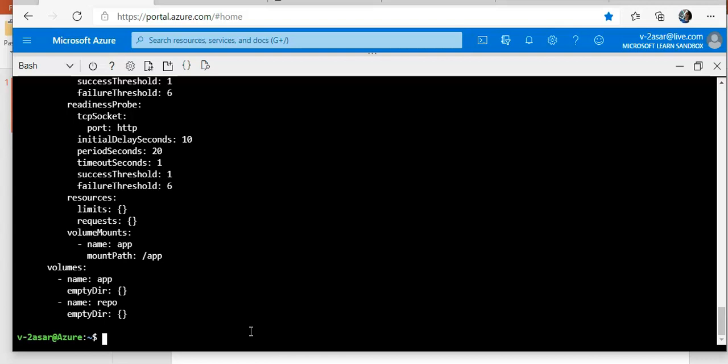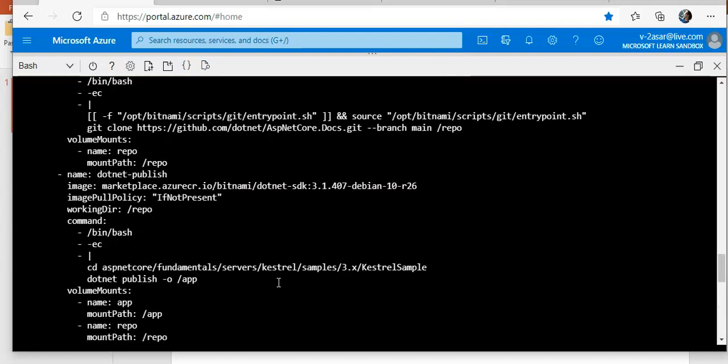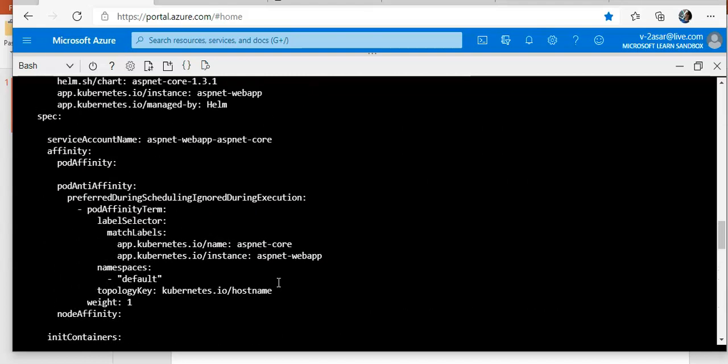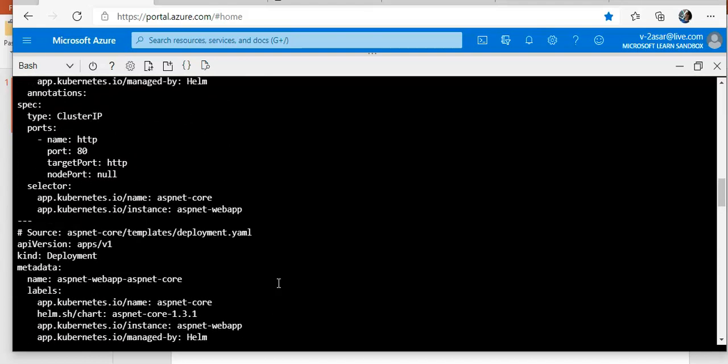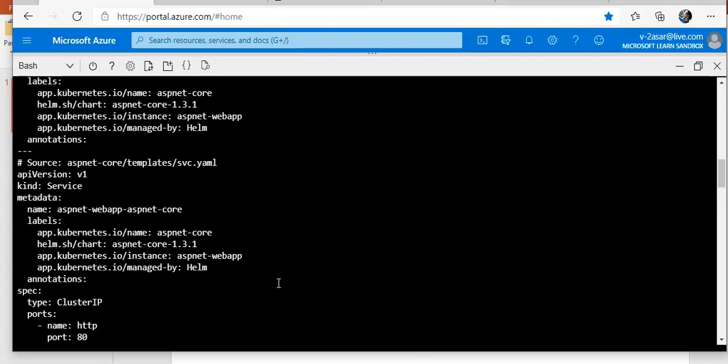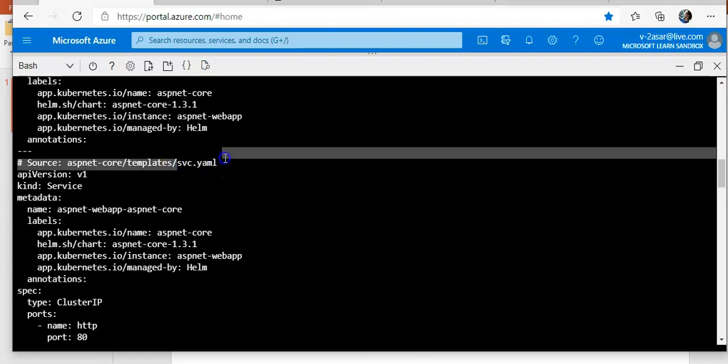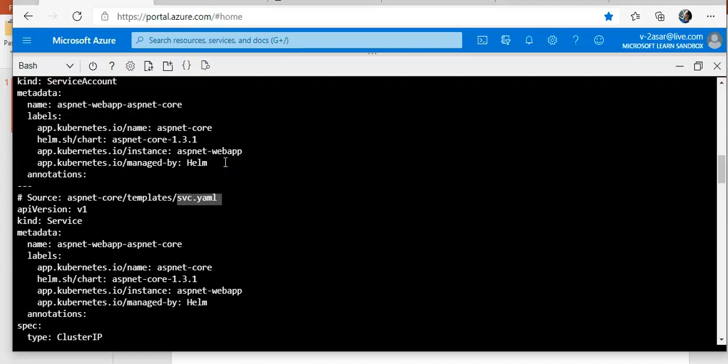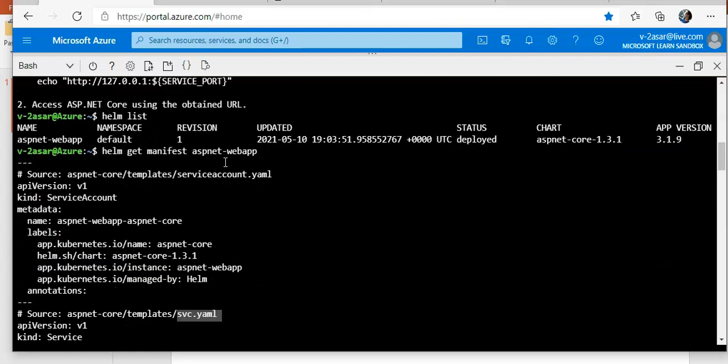So if you see the three YAML files, let me show you. You see this? We have the service YAML, we have the service, we have the deployment. These files are rendered based on the combination of the chart's available templates and the values available in the values.yaml